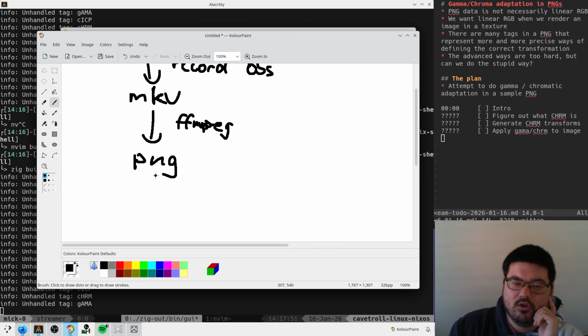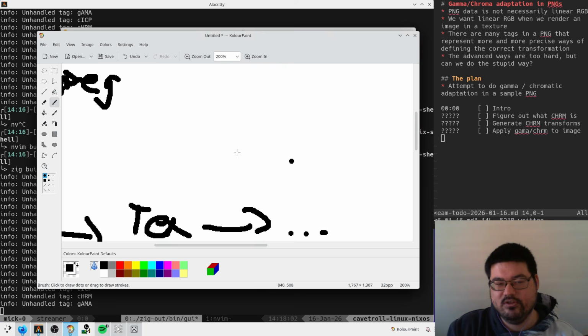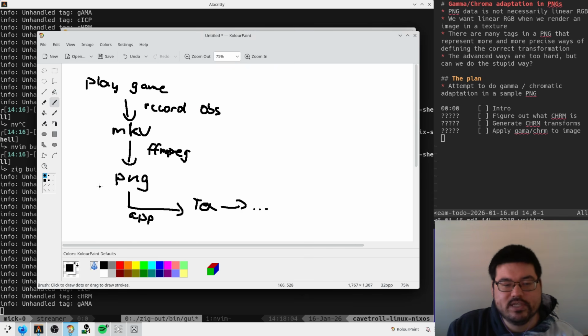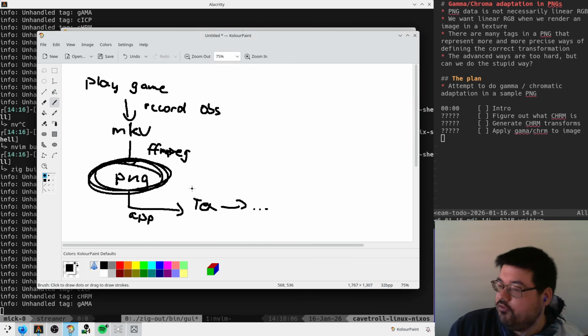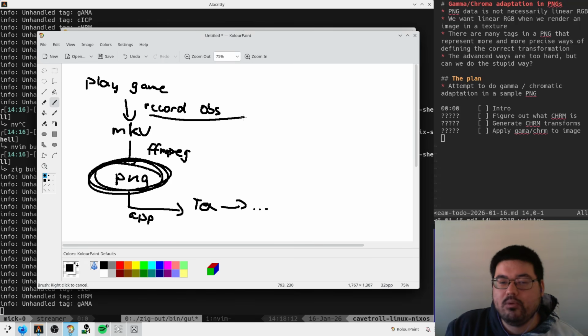I then load the PNG onto the GPU. So my app puts this into a GPU texture, and then this goes through some more stuff that gets displayed on the screen, right? Now it turns out this part is fucking hard. It's just not trivial. It turns out that the data in here, when we record with OBS, it